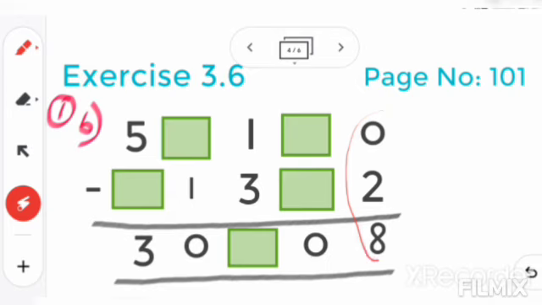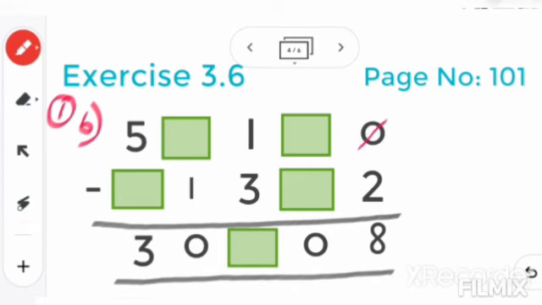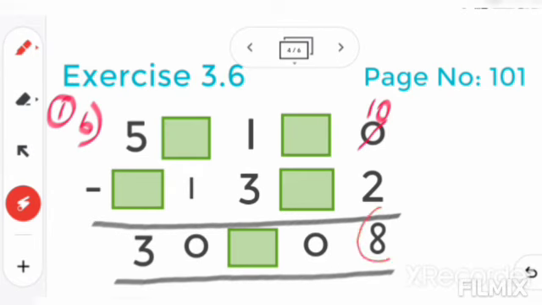But you have to check whether any number has borrowed here. So for that you have to see this right side place, no? The right side digit you have to compare and see. Here we have 0 and here we have 2. 0 is small, 2 is big. So you cannot minus from the small number to the big number. So surely here some borrowing is done. That means from here 1 we have already borrowed. So if you borrow that 1, then this becomes 10. Then 10 minus 2, 8 we are getting here.